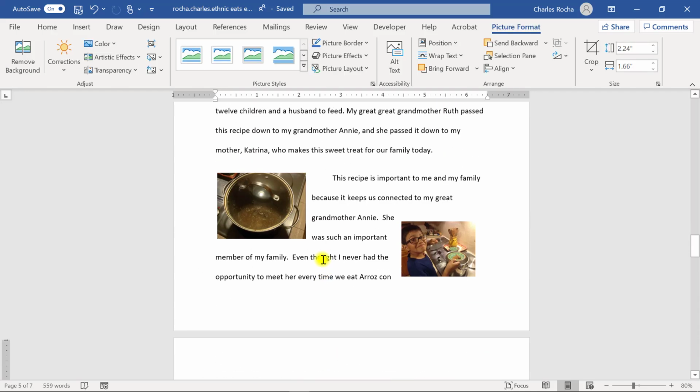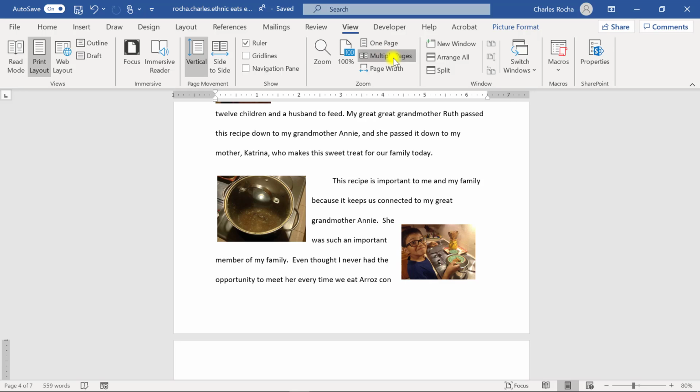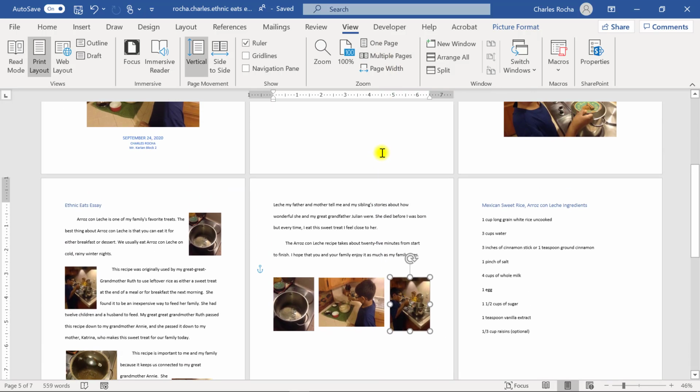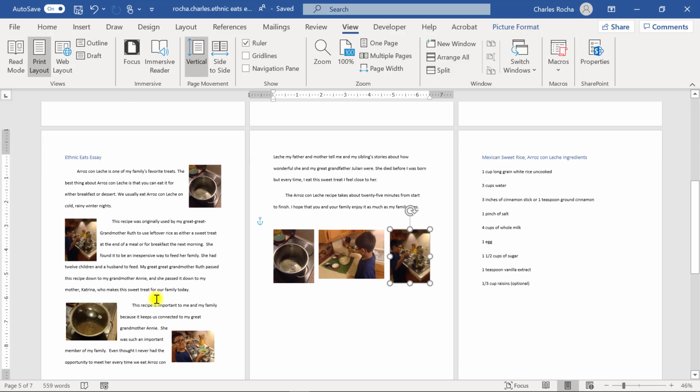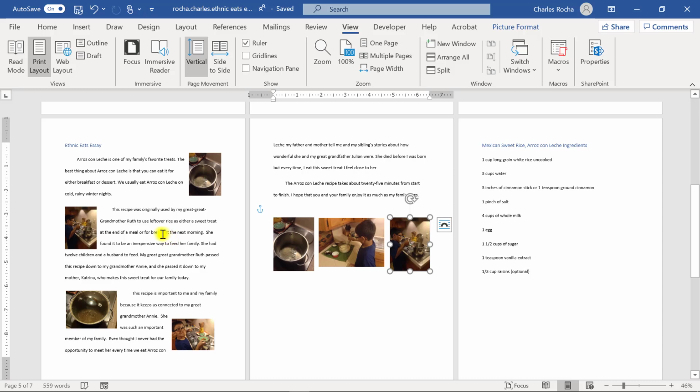Okay, so here I have my document with some pictures in it. Let me give you the multiple page view. Okay, and you can see how I've placed my pictures. Okay, as you put pictures, your text will grow or your text will move onto another page. Okay, don't worry. But because we put that page break,